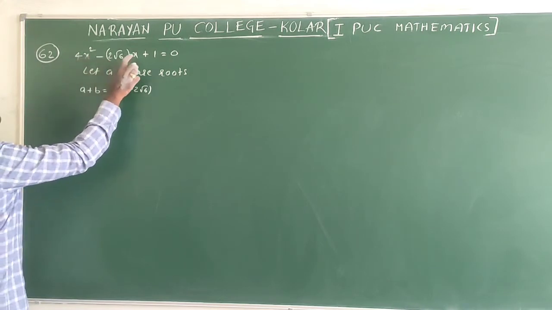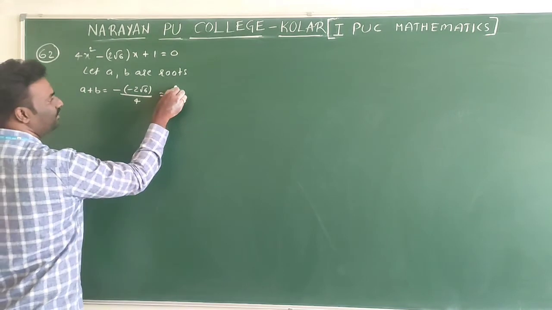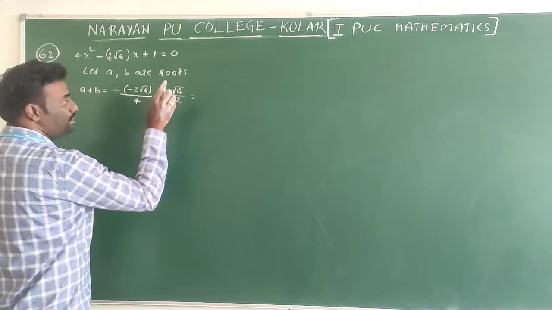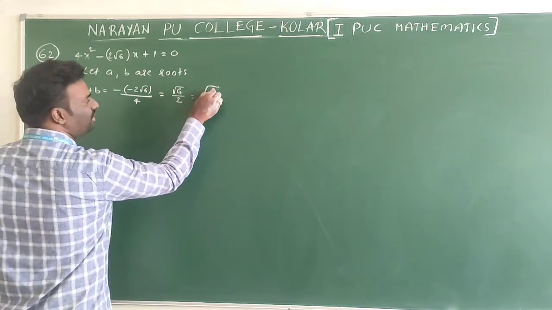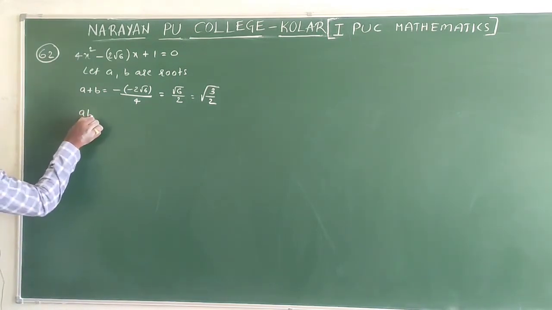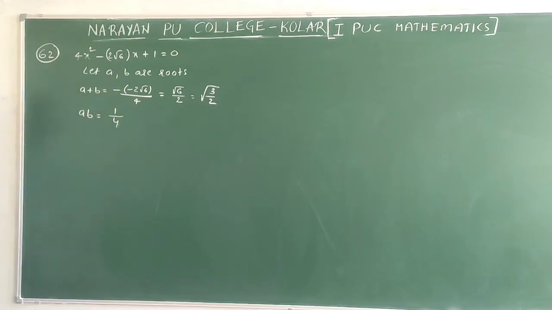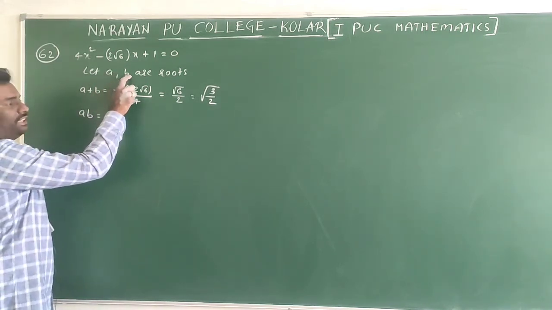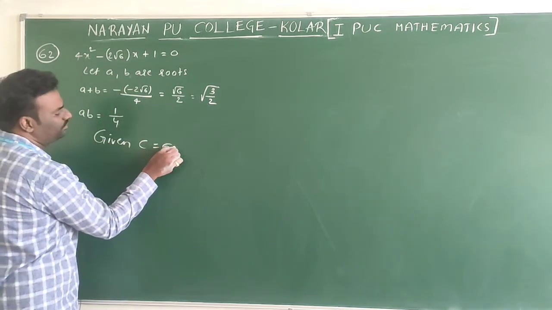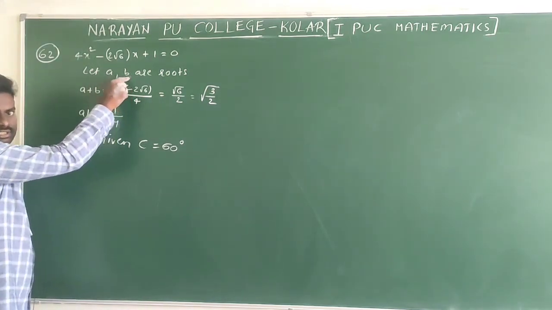This is a, this is b, this is c. Minus b by a means, with a as 4, 2 times cancel. Root 6 by 2. If you simplify, this can be written as root 2 into root 3, that is nothing but root 3 by 2 you can write. Next I am using product of roots, c by a, that is nothing but 1 by 4. Here, if you take a comma b as the roots and as well as sides, the remaining angle you take, that is C. If you take b, c as the sides, the angle again changes.